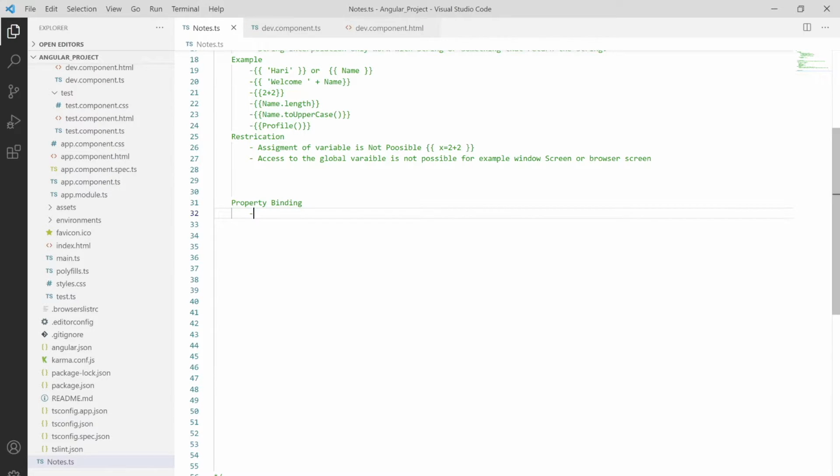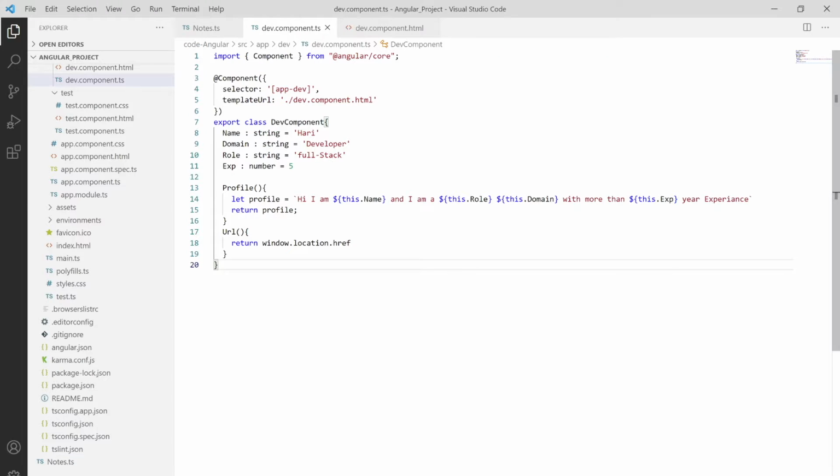Let me show you. So here we have the syntax. For the syntax we have the box bracket, or simply we can use the bind keyword with the hyphen. Let me save it and move to the dev component.